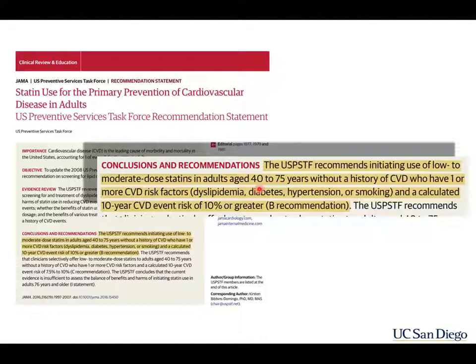It is such a broken system. Okay, so this is a